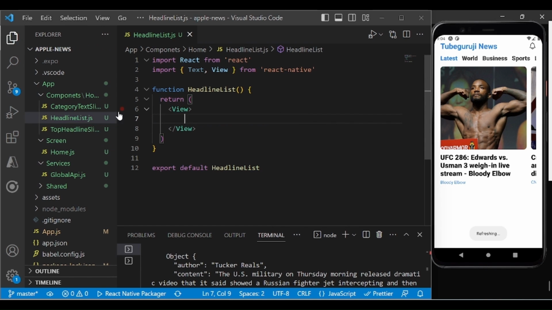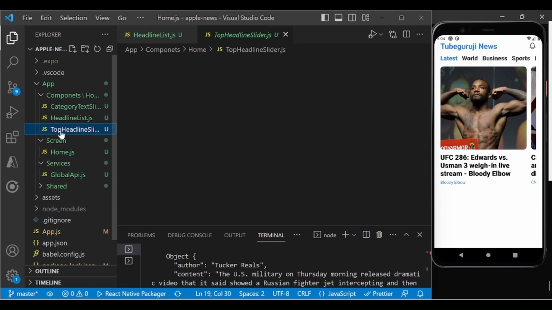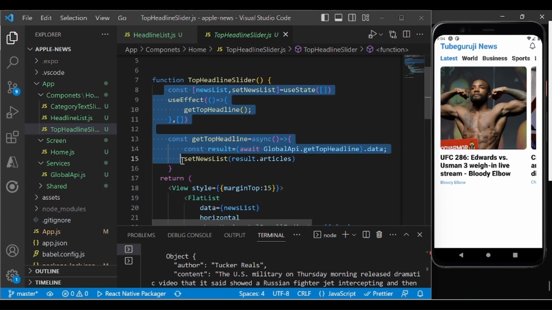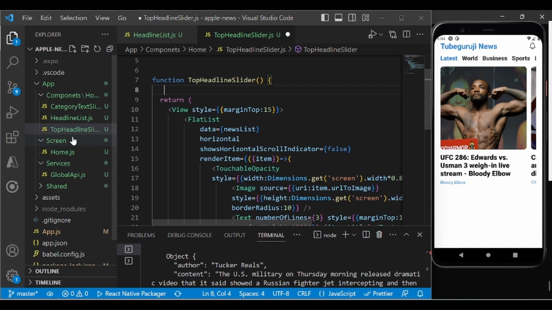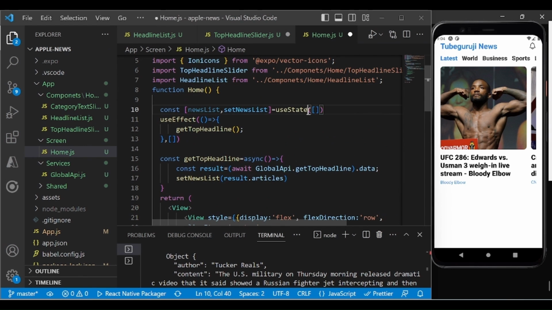so a couple of things, right? What we have to do, once this home page is loaded, we want to load the data. It means we have to call the API, and then we have to pass it to every component to which we want to send it. Correct? So if you go to home.js, we are just showing the information, and in top headline we are sending data. So I will remove all this API call from this top headline slider, and I will keep it in home.js. Okay, make sure you import all of these